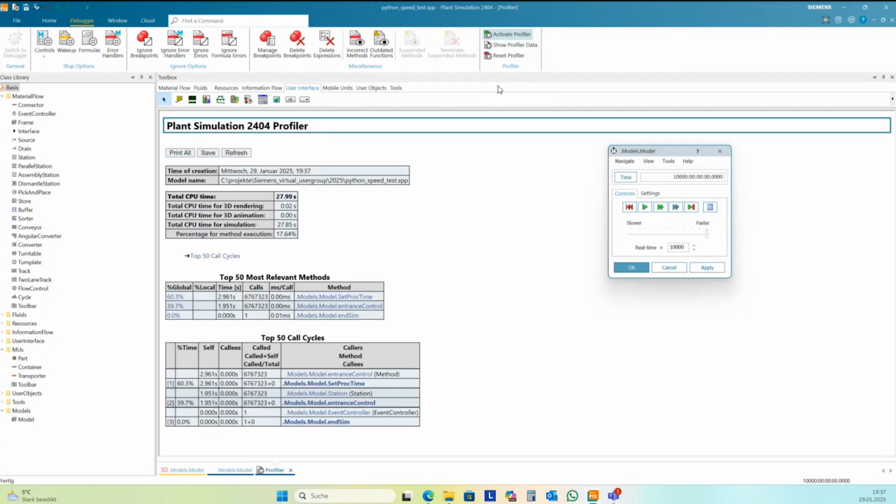And the profiler data: it took 27 or 28 seconds.